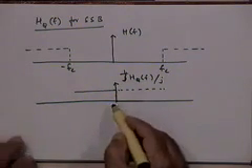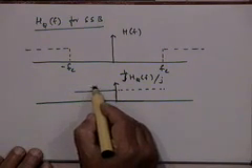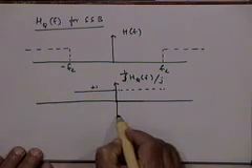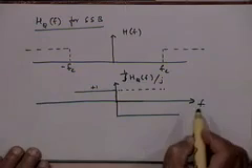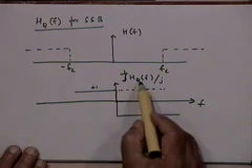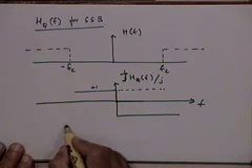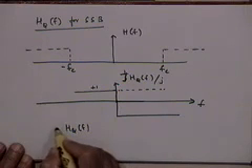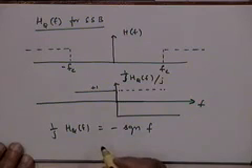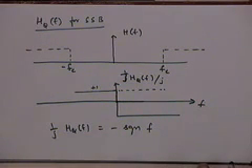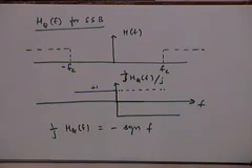right? And you are taking a difference of these two. So here you will get plus 1 and here you will get minus 1, right? So you get your signum function back, right? So H_Q(f) upon j is equal to signum minus signum. So basically what you get is H_Q(f) upon j is equal to minus signum of f, right? And that's precisely what the Hilbert transformer is. H_Q(f) is equal to minus j times signum f, which is the Hilbert transformer.